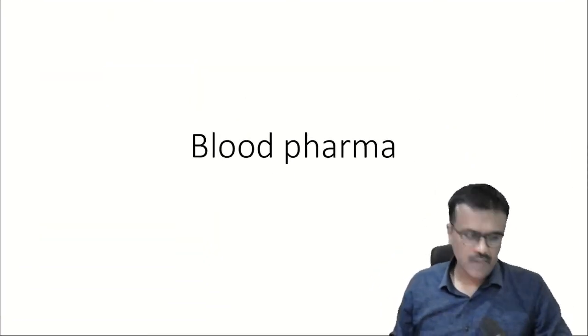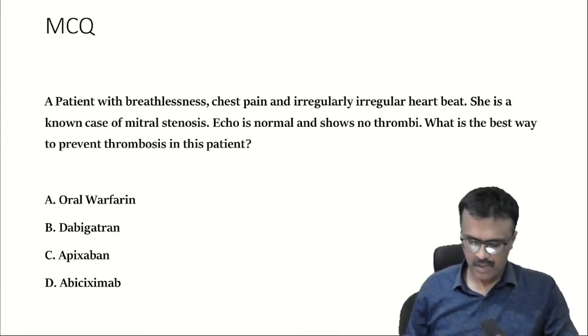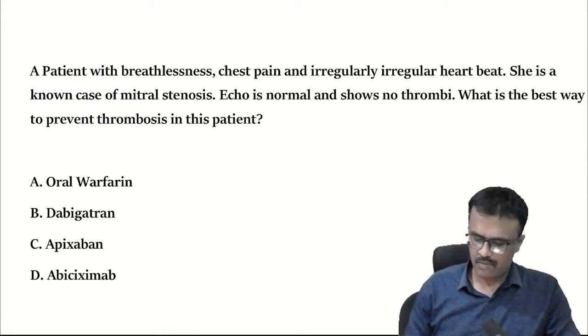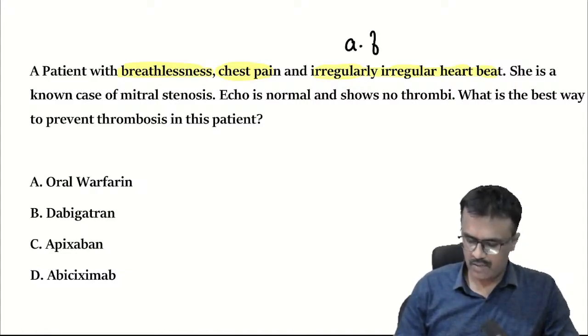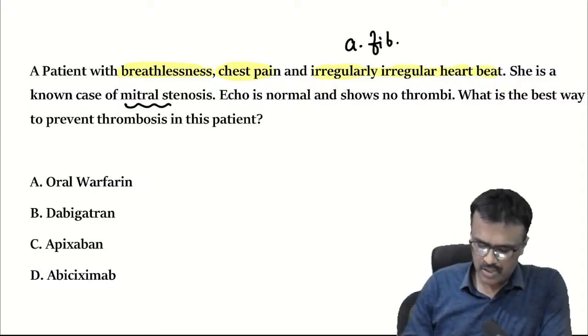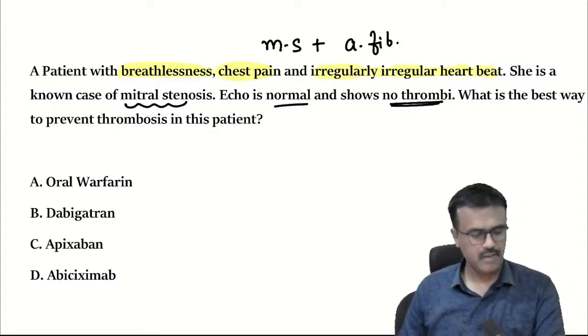So let me start with the blood pharma now. In blood pharma, the first question will be a patient with breathlessness, chest pain, and irregular heartbeat. Irregular heartbeat points towards atrial fibrillation. She is a known case of mitral stenosis. So she has mitral stenosis as well as atrial fibrillation. Why? Please